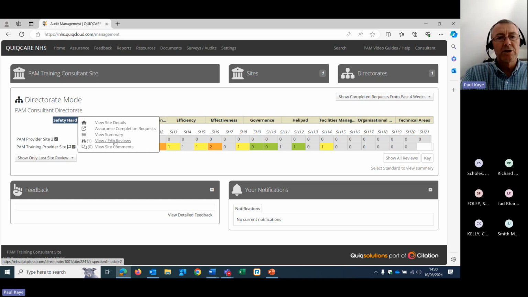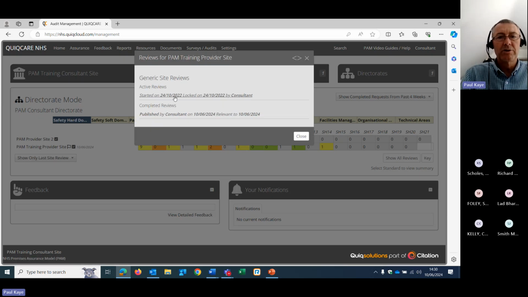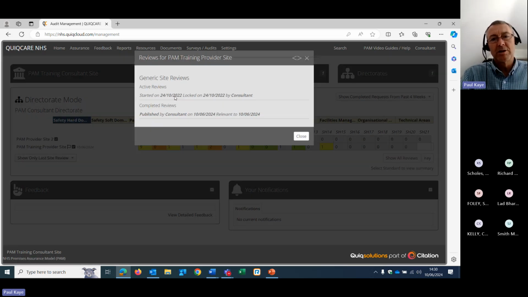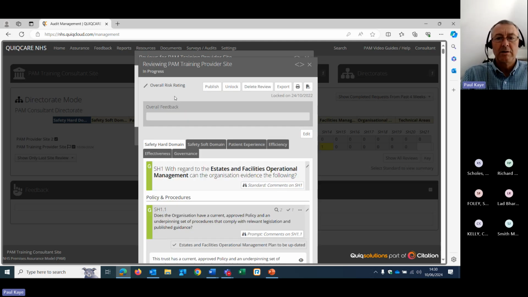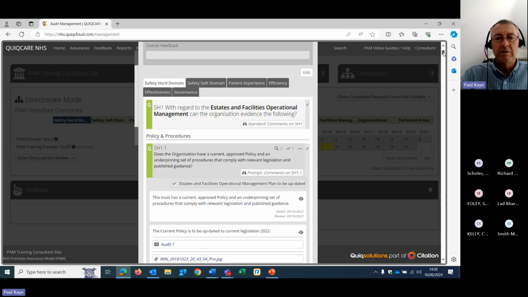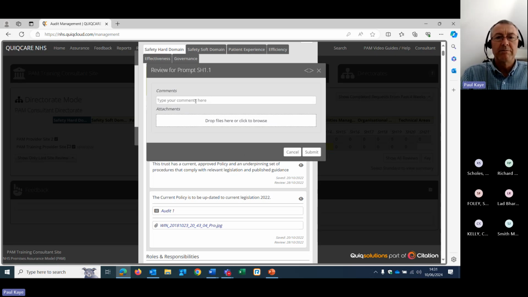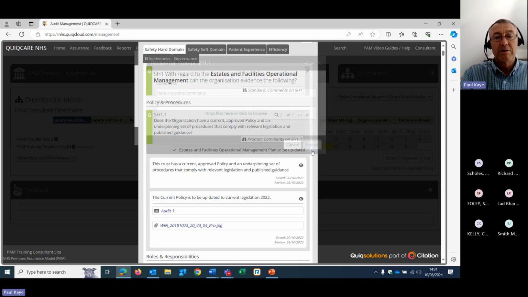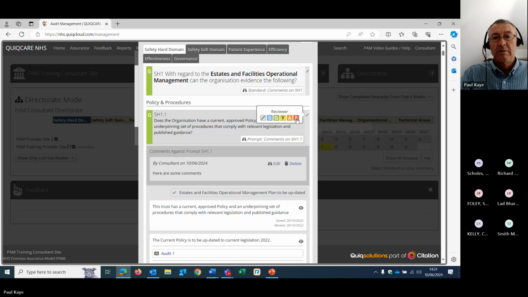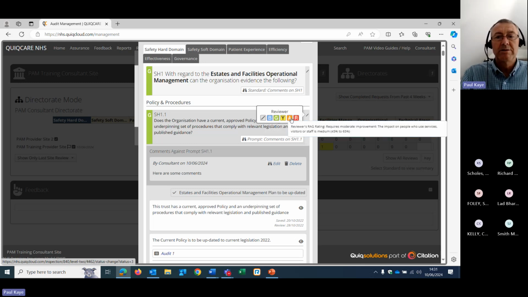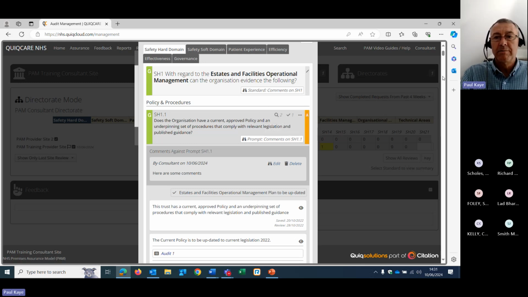So if somebody externally reviews your evidence, they can come up with a view. Maybe it's a consultant. It could be working with other trusts and teams within those trusts. So somebody could look at what your evidence is and make comments, say, well, I agree or disagree with what you're saying. Here are some comments. And you have an alternative RAG rating, which is a reviewer's rating. So you think you're green, I think you're amber, based on my view of what's going on.